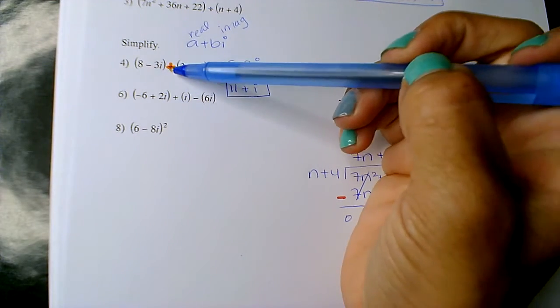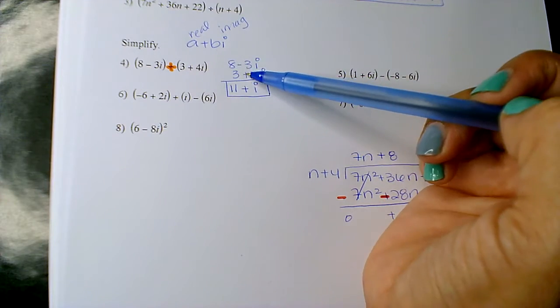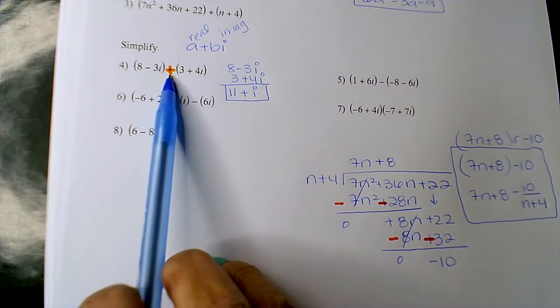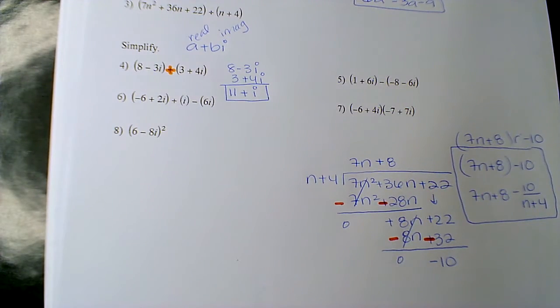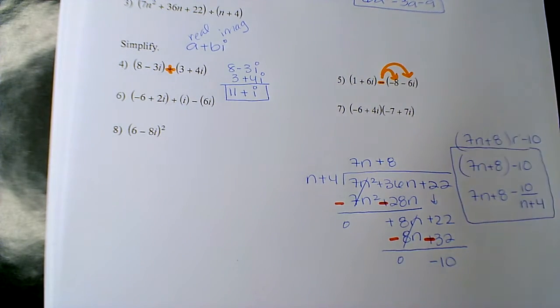So what's a positive times a positive? A positive. What's a positive times a positive? A positive. If the addition symbol or the positivity is in between the two parentheses, you're not switching signs. Okay? All right. Next one though, this has the subtraction negative. You better switch the signs because